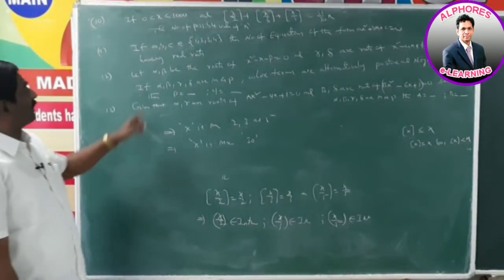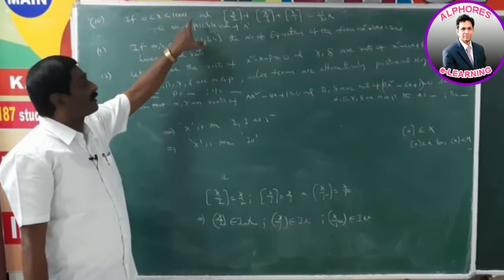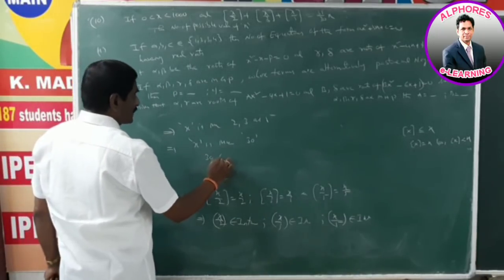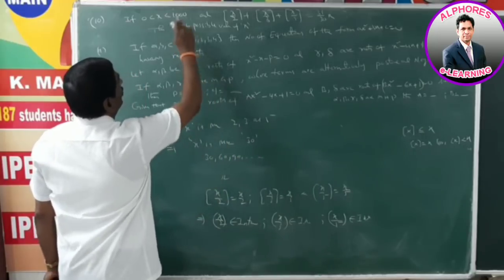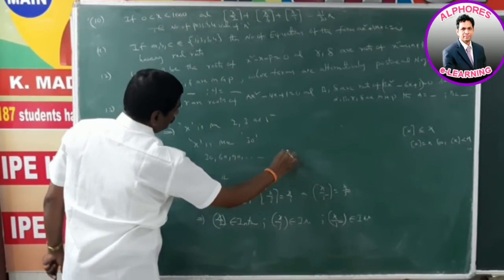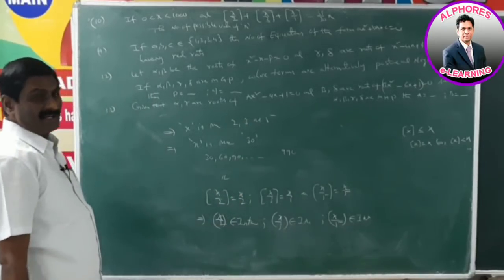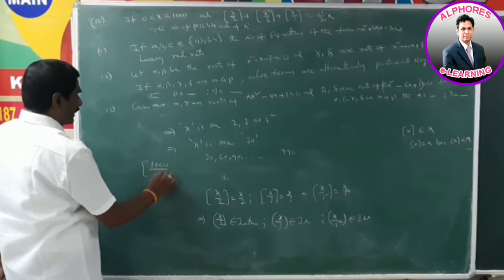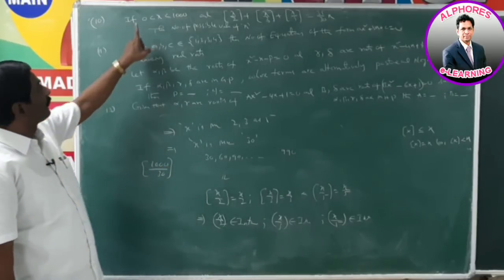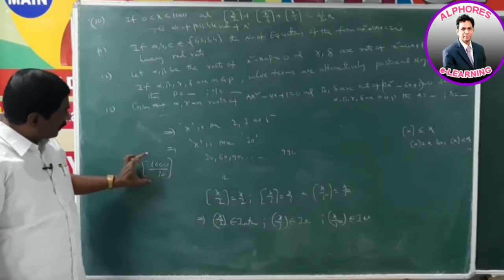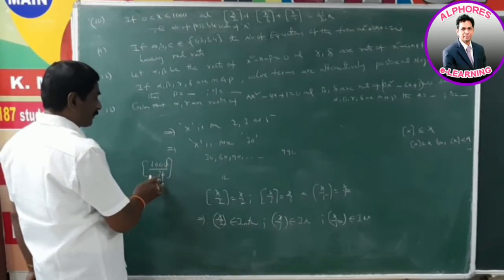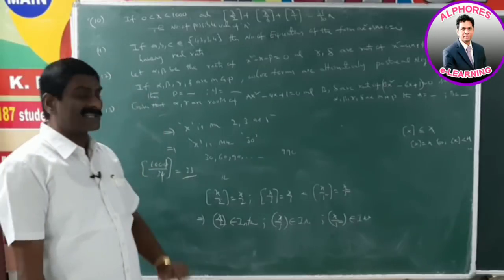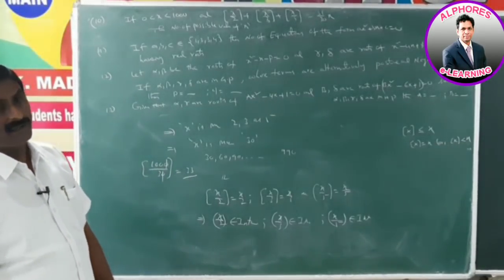Okay. That means the number of multiples of 30 in 0 to 1000 is the required answer. So multiples of 30 means 30, 60, 90, and so on up to 990. Find the number of terms. Or a simple method: for getting the number of multiples of 30 from 1 to 1000, take 1000/30. That means 0, 0 cancel, 100/3 means 33 point something. That means 33. So the number of integral values of x is 33. That is the answer.